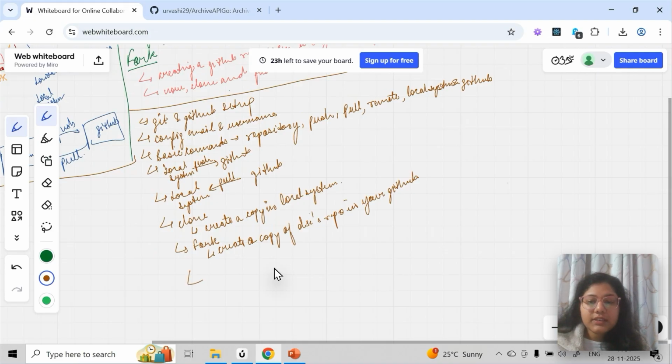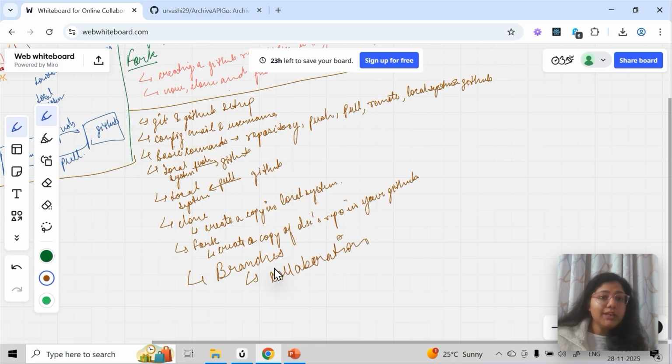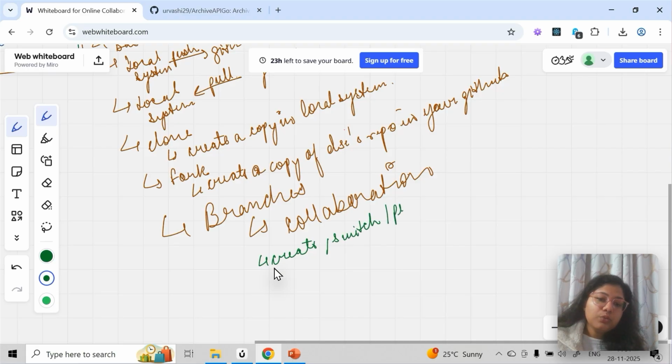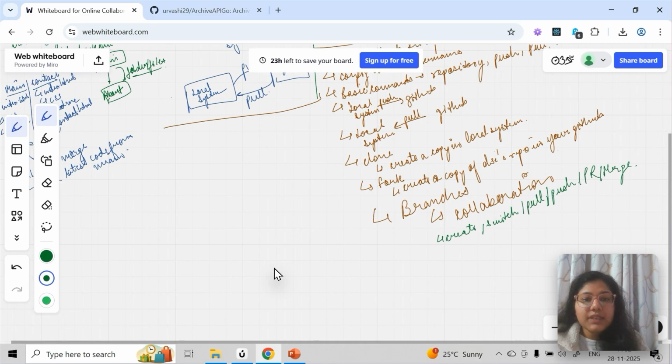Then after that comes the collaborator, or I'll call it branch first. Because of these different branches, people are able to work and collaborate. In interviews, these types of things are asked. You sit in any company in any technical interview, right? Collaboration and GitHub are very common, and will be asked. So here you should know about creating branches, how to create a branch, how to switch branches, how to manage pull and push between those branches. PR, pull request. Merging, where you're checking the conflict. Okay, this is the basic overview.